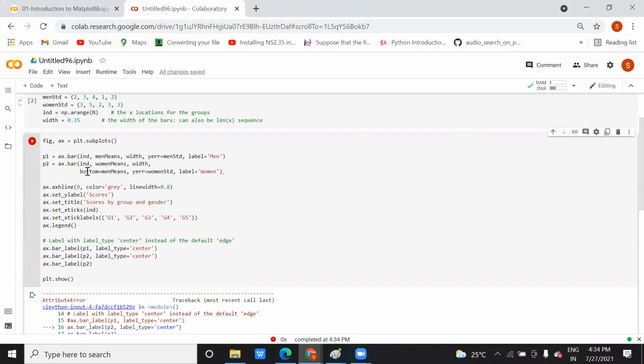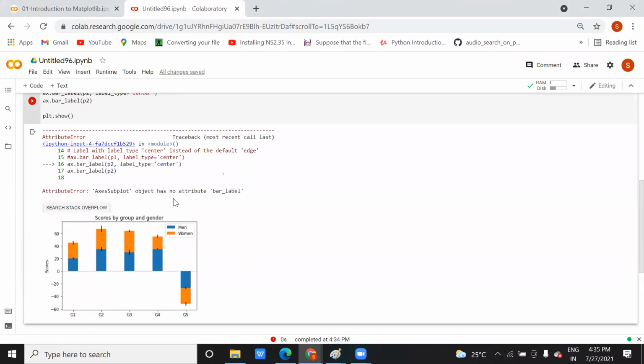Here I have drawn it, and then I have taken the bar, color, and line width, ticks, and legends. It's failing here, on the bar label with type center. The subplot object has no attribute bar label.